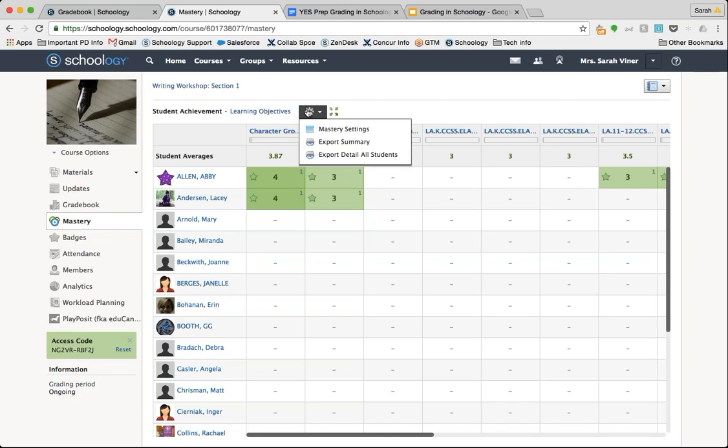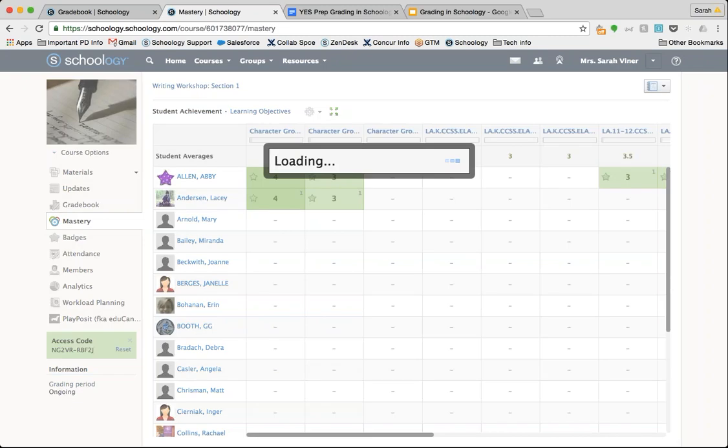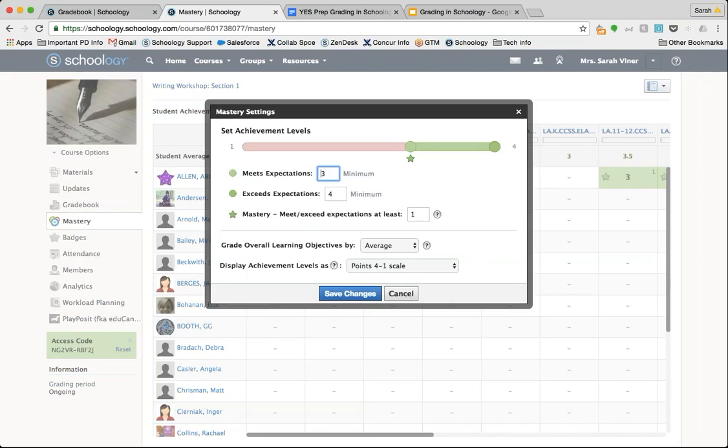Your Mastery settings are super flexible, so you can set this up in a lot of different ways to make it show the way you want it to. I'll just walk through a couple of those features here. I've currently got it set up to being worth points values. I could display those achievement levels on the mastery scale I was using before. So for example, 80 was going to be the minimum for exceeding expectations, 70 for meeting, or maybe I decided